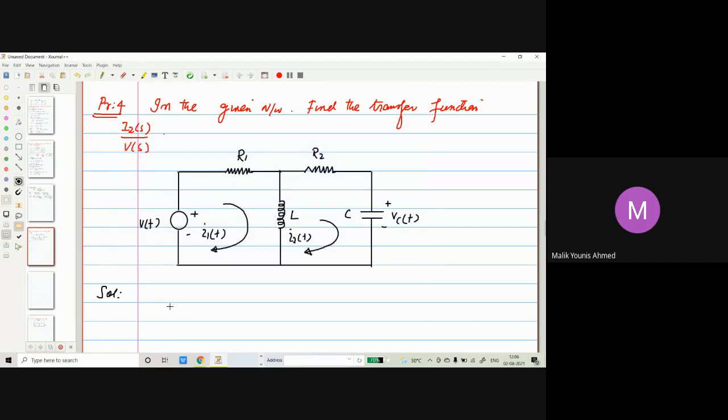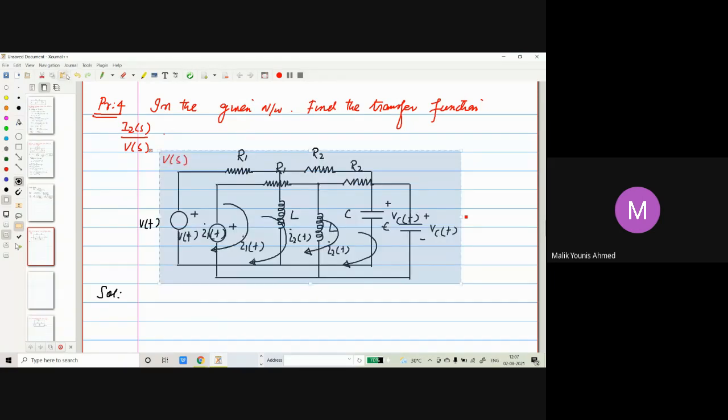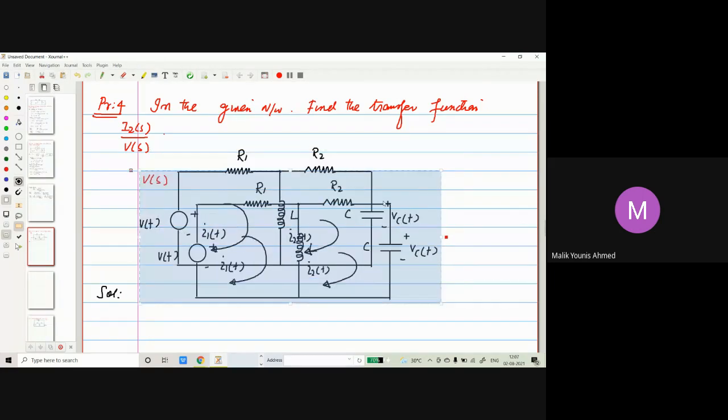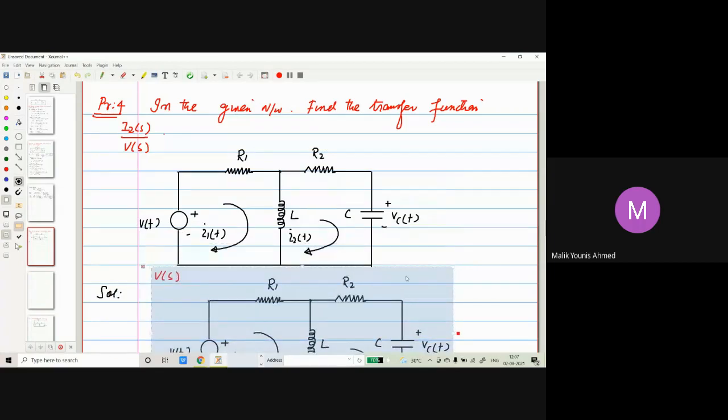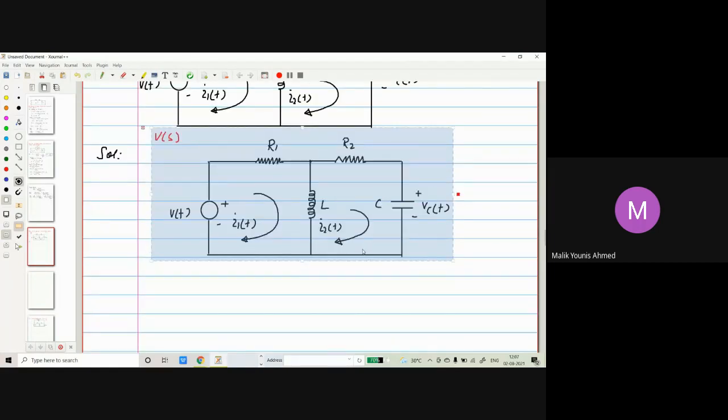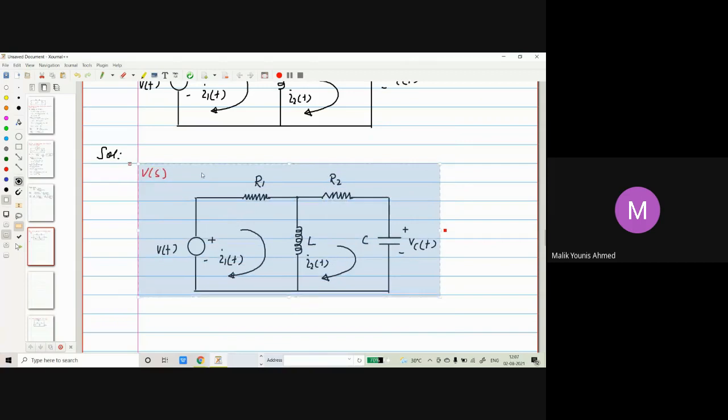Copy. So we'll paste it here. So what we are going to do, we'll paste it here. So what will be the first step? Okay, we can write the solution like this. First step in this solution